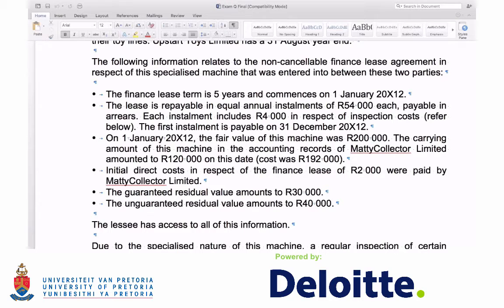And then you're given the fair value of the machine that's being sold. Remember, Maddie Collector is your lessor, and the lessee is Upstart Toys Limited. And then your guaranteed and unguaranteed residual values. So proceeding from this,